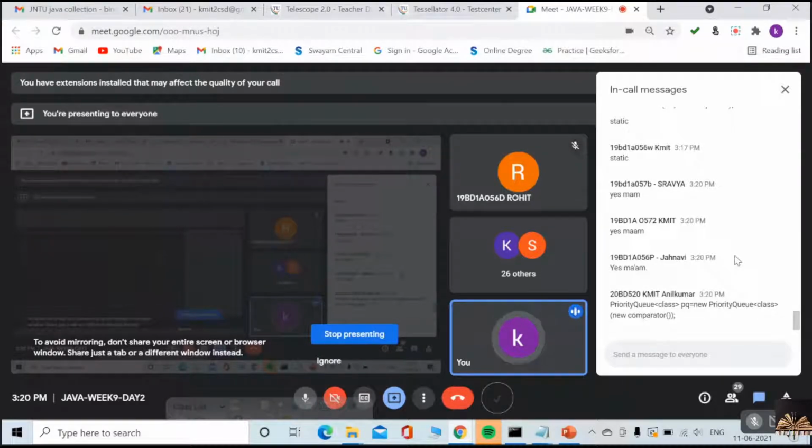So that's how we have to create the priority queue for the user defined objects. We need to tell the priority queue: Hello, Mr. Priority Queue, you have to prioritize my user defined objects, that is student objects, based on this comparator, based on CGPA or marks, age, or roll number, whatever comparator you want. You have to pass it as a parameter to your object creation itself. That's it. Hope you understand, guys, everyone.